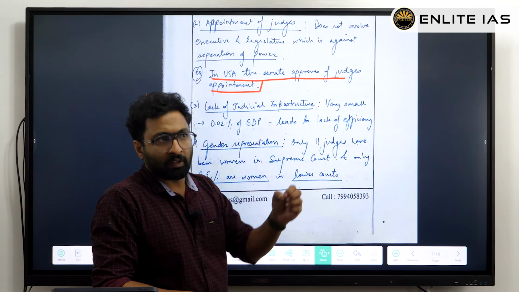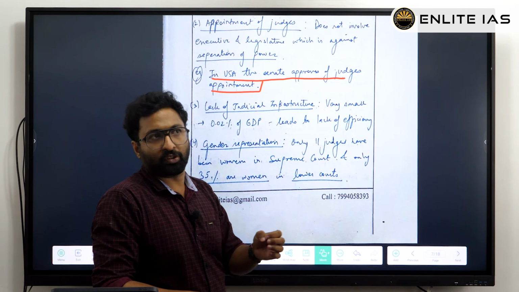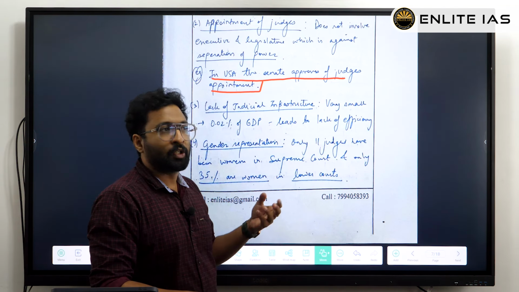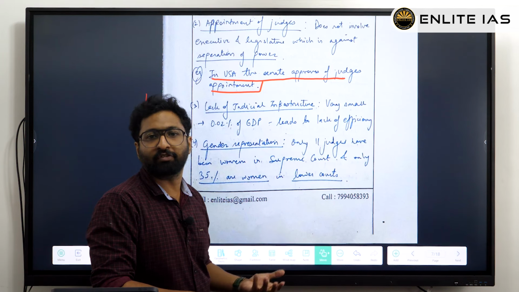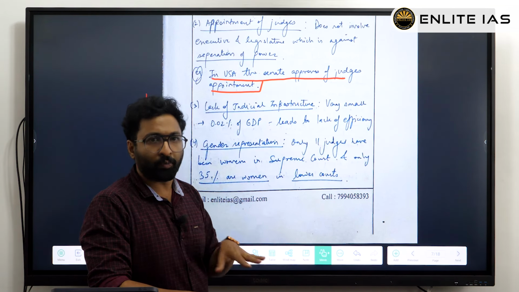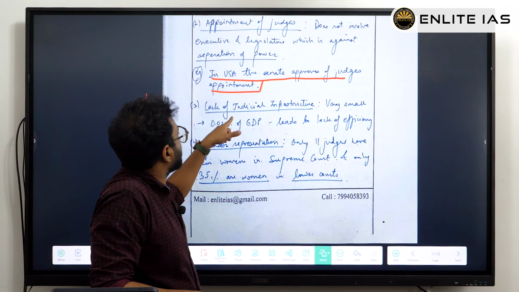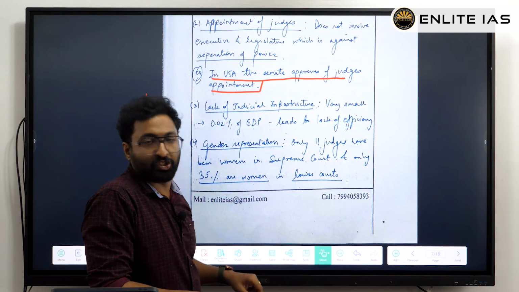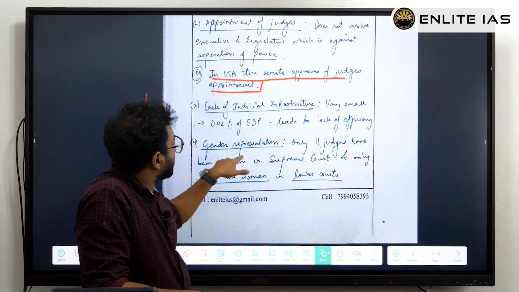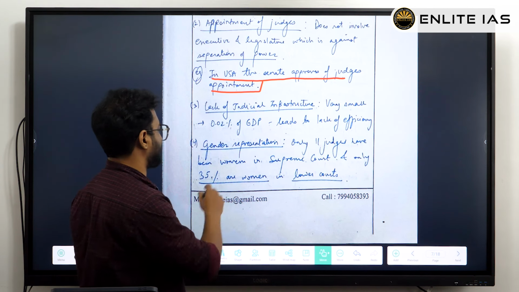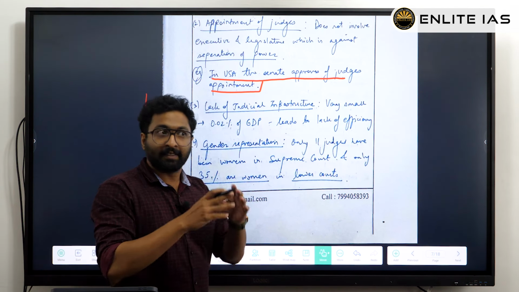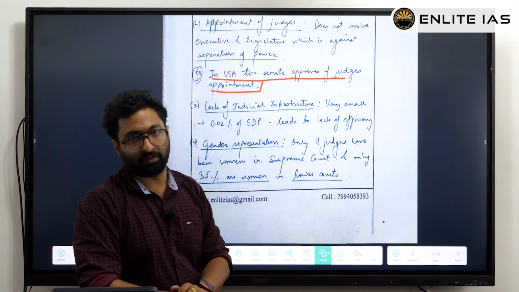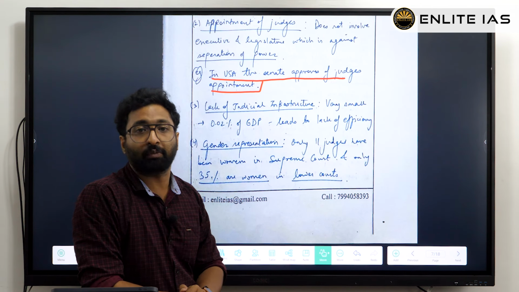He is not beating around the bush, or concentrating too much on pendency of cases or quality of judgments, etc. He is actually going more broad. He is telling there is an issue of judicial infrastructure. Next point, he is telling about the general representation. Okay, general representation. See, that's the broadest view of an answer. That is what is expected from such an answer.